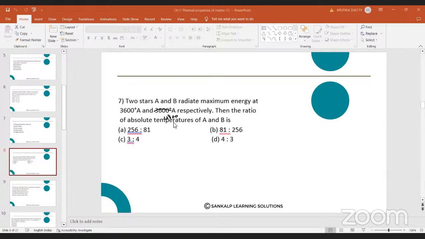4800 respectively. Then the ratio of absolute temperature of A and B. So option C is correct. Option C is correct. So it is based on Wien's displacement law. How are we going to do this? That is given by